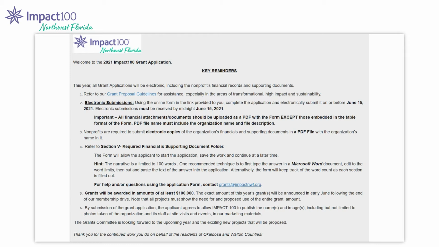Also within the application, you will note that there are some open text fields. This narrative is limited to 100 words. One technique is to type your information in a Word document, which will keep track of the word limits, and then cut and paste it into the application. Alternatively, if you type it interactively with the form, it will tell you the interactive word count as you're going. If you have any questions, please email